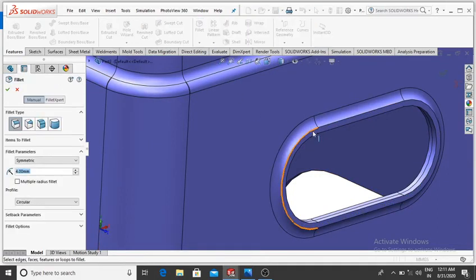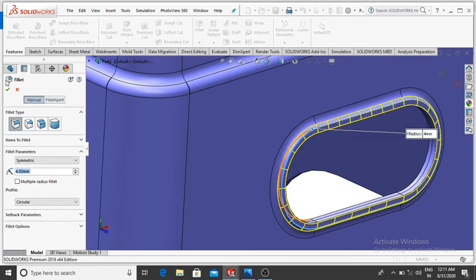Again select this and make it also, so select this one, then OK.